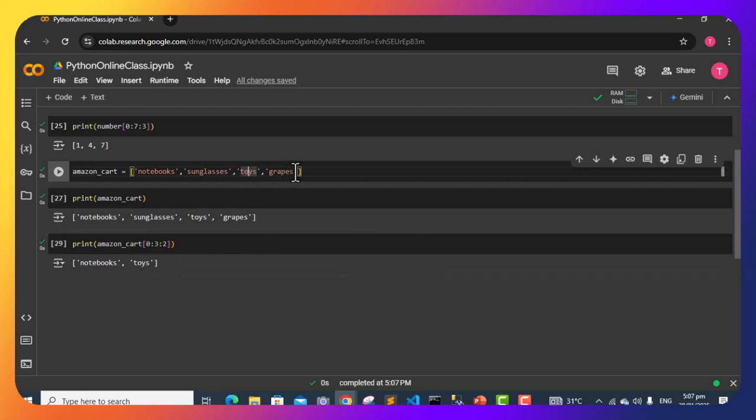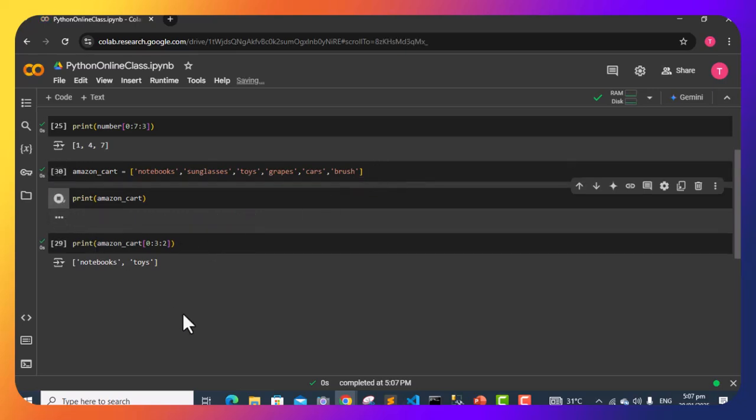If we have, let's say, another thing here, let's say cars, let's say brush. So I'm going to run this again, because whenever you change anything in a cell that you have run before, you need to rerun it. So now if I say